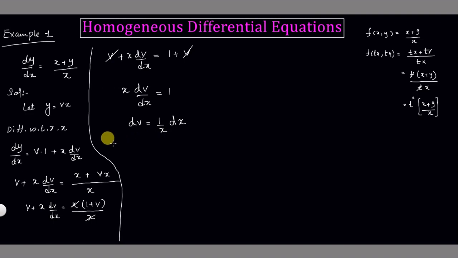Now what is happening over here? Actually, when you have a homogeneous differential equation, you will put this type of substitution, y is equal to vx, and after simplification you will reach the same method as we have discussed before. The method is separable variables. So here we have separated the variables and then integrate on both sides.